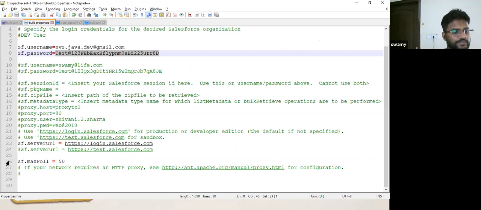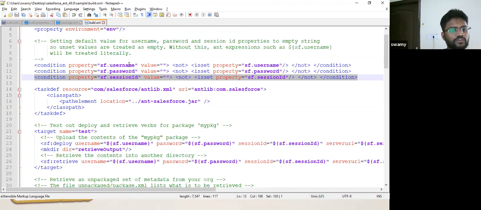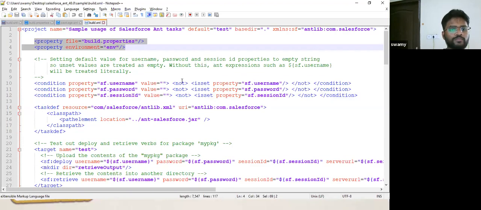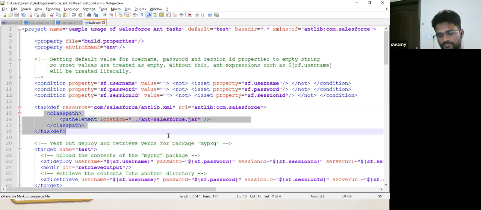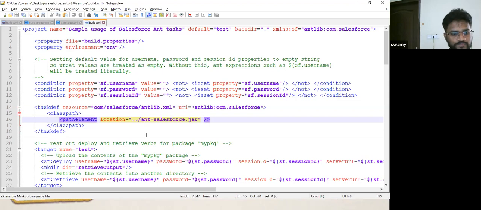You can relate here, sf.username, sf.password, same thing here, sf.username, sf.password. The value it will fetch from these two lines. These are the classpath variables which are provided so that it has access to the jar file that we have uploaded.